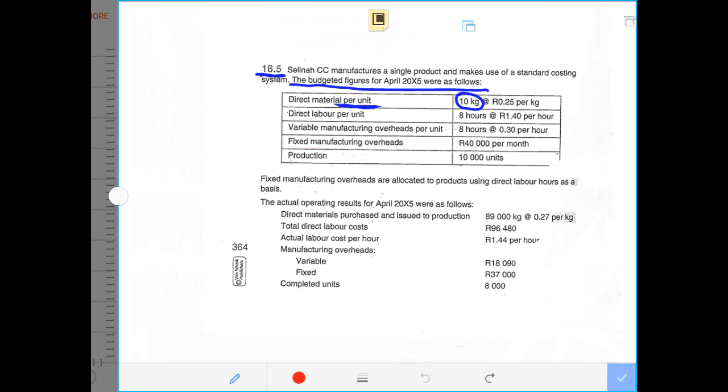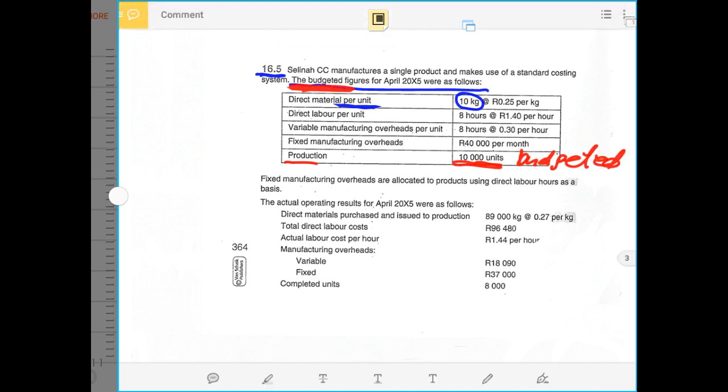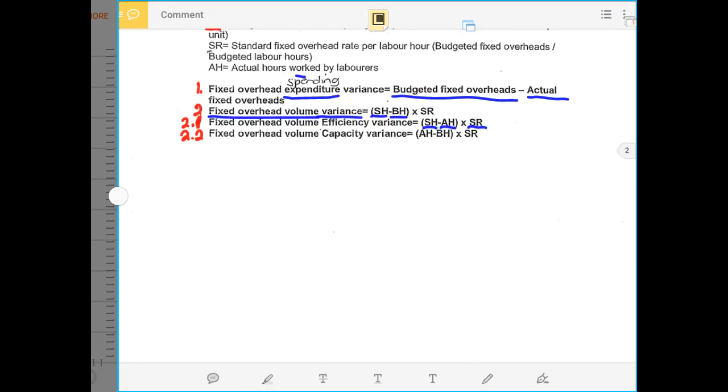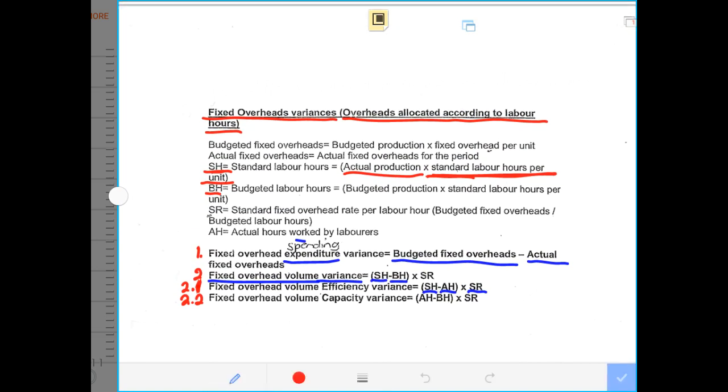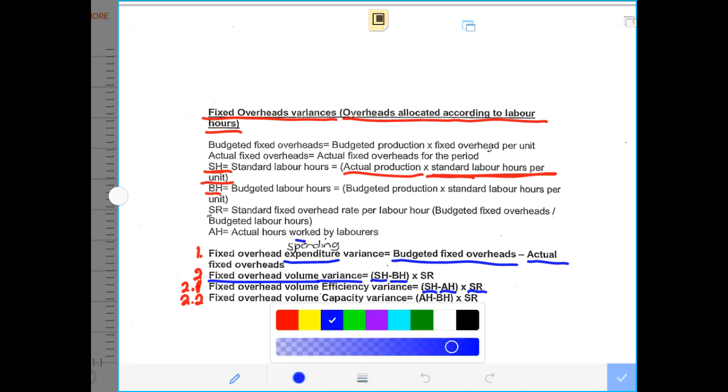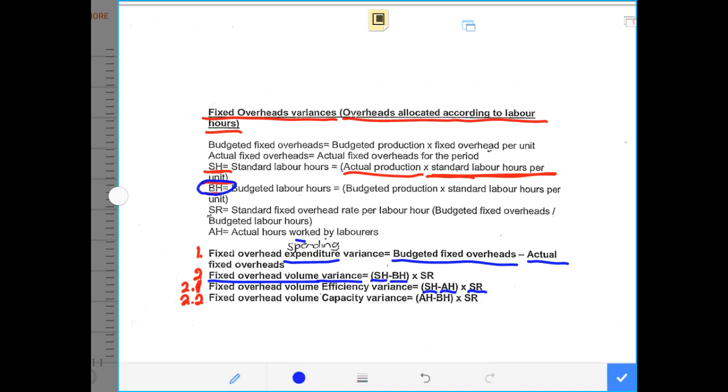Then we are given production, and this is 10,000. Remember, the 10,000 is also budgeted production, because they said the following information is budgeted. So that means these are the budgeted units that we have to take into account. Remember, there was a variance that required us to know the budgeted production. That variance was under the fixed overhead, where we had to calculate budgeted hours. And budgeted labor hours is budgeted production, which is the 10,000 that we have just seen,